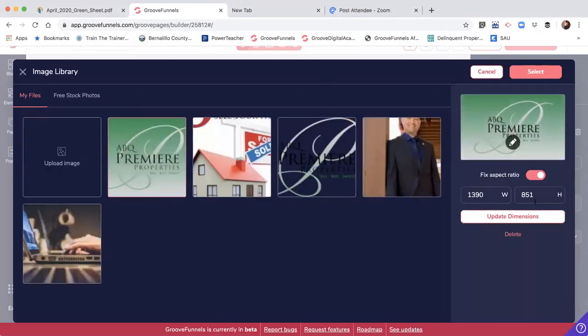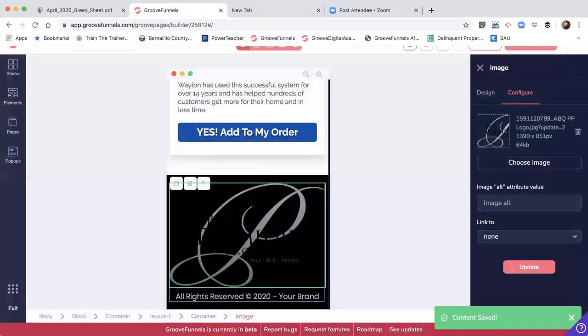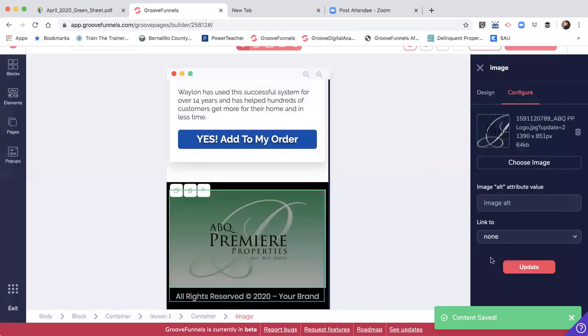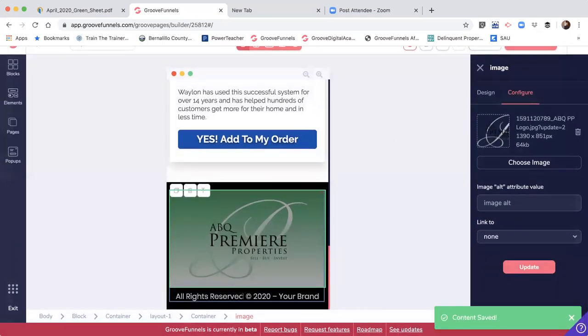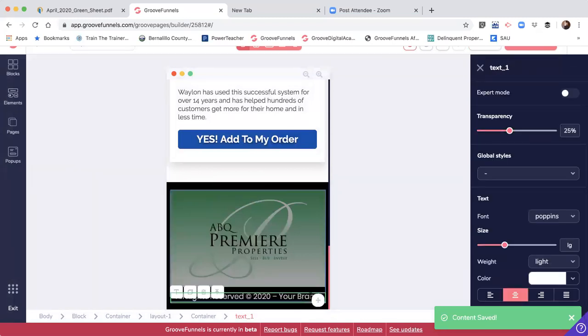And there it is. It'll fix the aspect ratio. You update dimensions, and then you hit select, and then you hit update. And now that looks a lot better. And then again, you want to hit save. And down here, what you can do is your brand. So what you can do here,